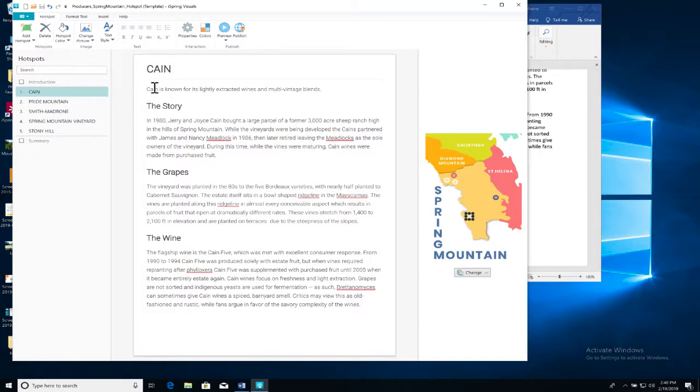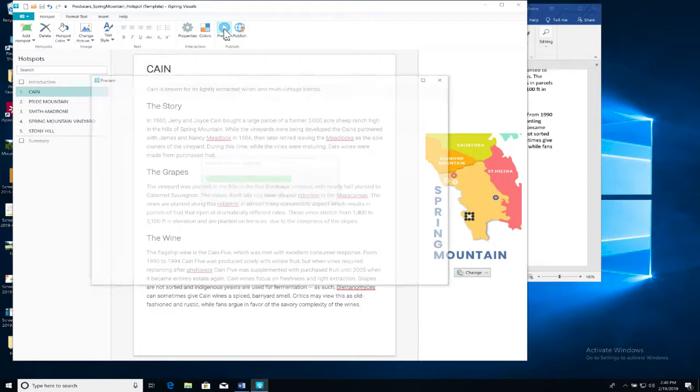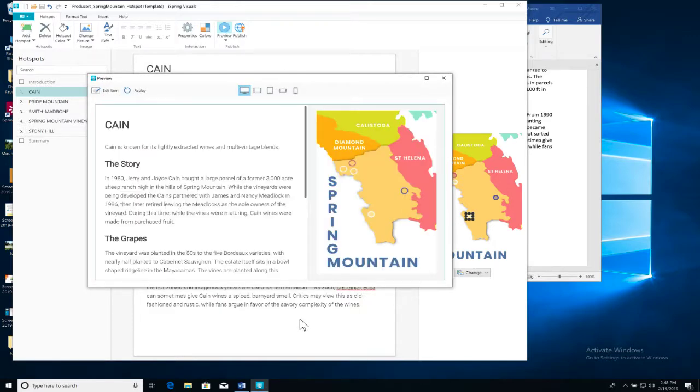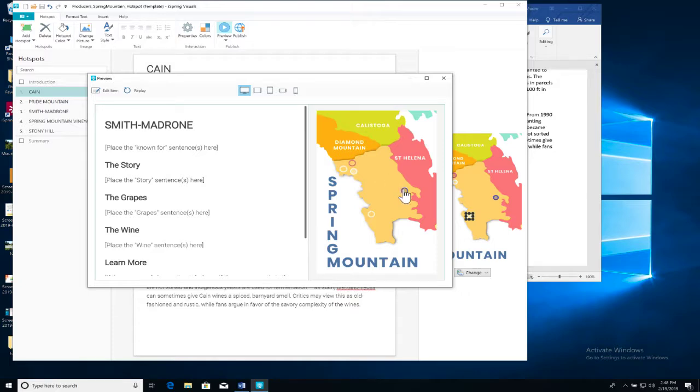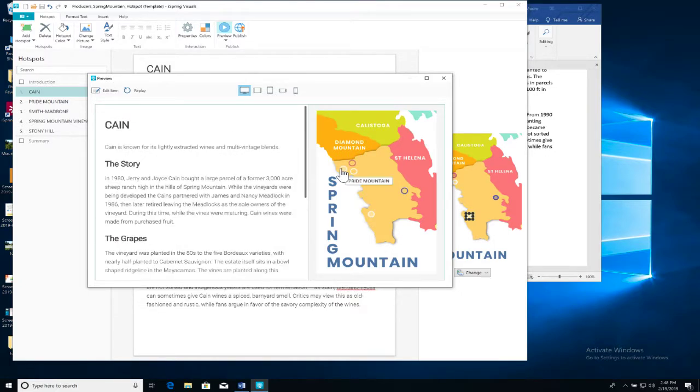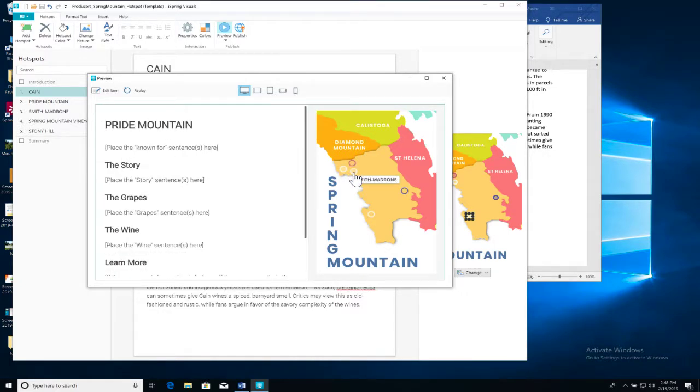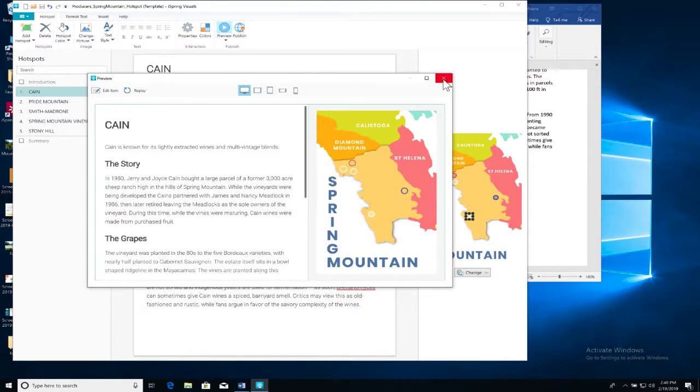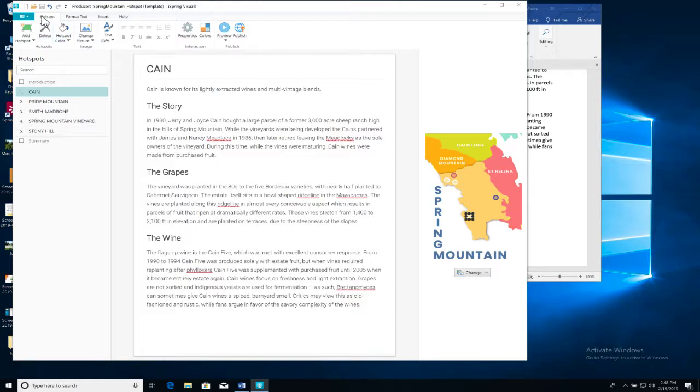And once you've pulled in the text from each one of these producers, you can preview and just double check that everything looks okay. And this reminded me that I did not change the colors of the dots to white. So I'm going to need to go ahead and do that, and I'll show you how to do that real quick. So make sure that you're on the Hotspots tab and go to Colors,